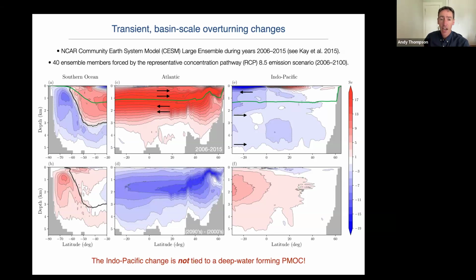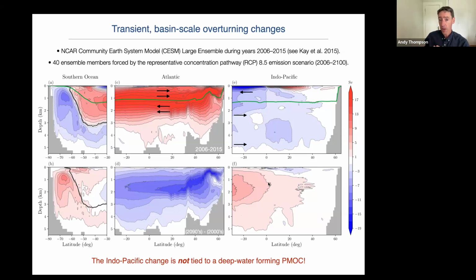And so what you see in the Atlantic Basin is the sort of response that you expect, that there's a weakening of the AMOC, which is given by this negative overturning response. And yet what we see in the Indo-Pacific, again, is this overturning anomaly that has the opposite sign and to a large extent actually compensates for changes in the Atlantic Basin. Now, it's important to note that this change in the overturning in the Indo-Pacific is largely due to a displacement of the density surfaces. It's a change in stratification that's being propagated between the two basins.